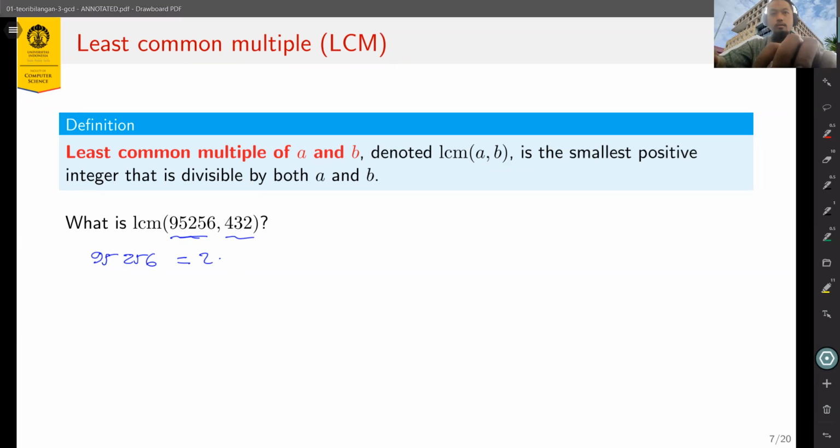Anybody has an idea? Yeah, it will be 47,628, which is, of course, if you divide this again by 2, you get 2 times 23,814. And then if you divide it again by 2, you get